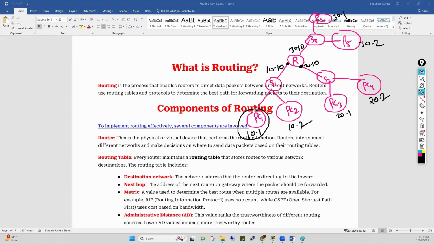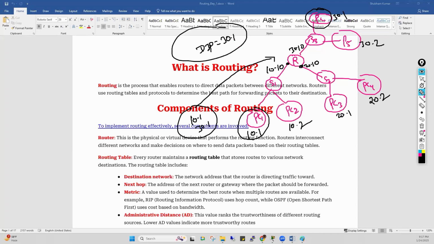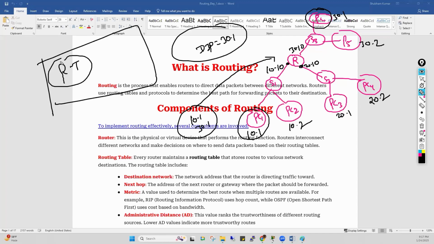For example, if you want to ping from here to here, what will be the source IP address? The source IP address will be 10.1, the destination IP address will be 30.1, and the packet will reach the router. What will the router do? The router will check the destination IP address, 30.1. Router will check its which table? Routing table. And for example, that is interface 0/0, that is 0/1, and that is 0/2. And inside the routing table,